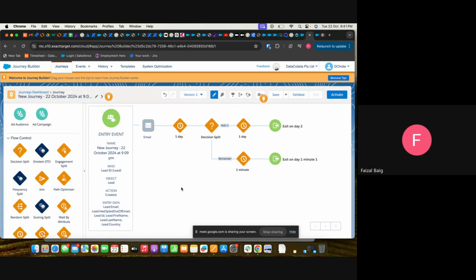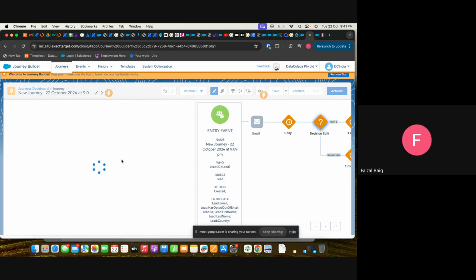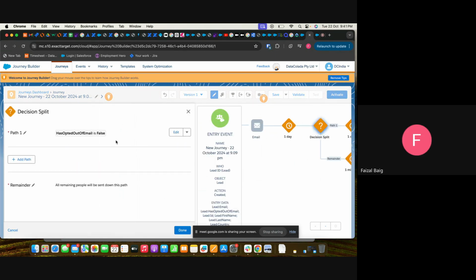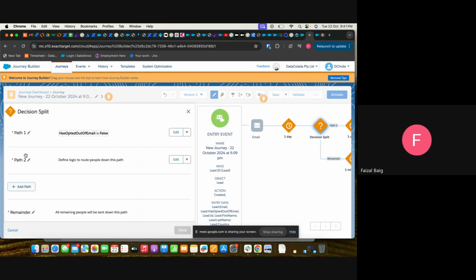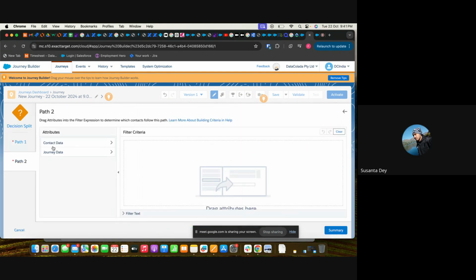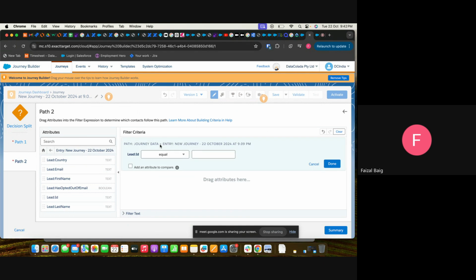Clear? We have one more thing besides contact data. Okay, add path. Sorry, journey data. So journey data is the fields which we have selected into this journey. If we want, we can add anything according to the client's requirement.